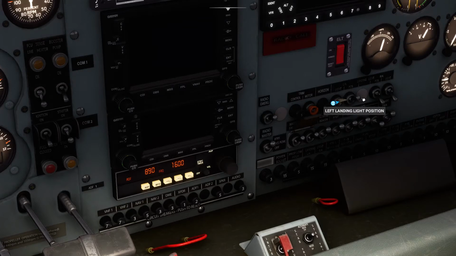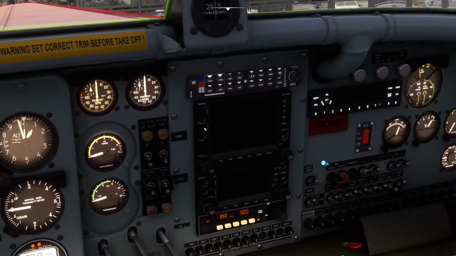The landing lights, the position lights for the aircraft. And that's pretty much everything. The cabin lights, have they got multiple? No, it just doesn't flick up all the way. Okay, so let's go and turn on the